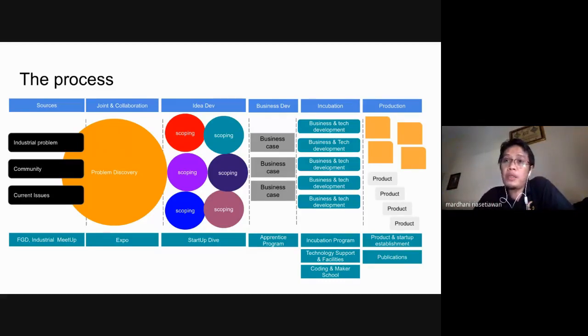If you have that feedback, it means you have the validation. If your feedback is positive, it means you can go to the business and technology development. But if not, it means you need to rethink your business case. Maybe some parts are still missing and not appropriate to run as a business. So that will be another aspect. It doesn't matter if you have a business case or a technical idea. If you have the business case and the technical idea,